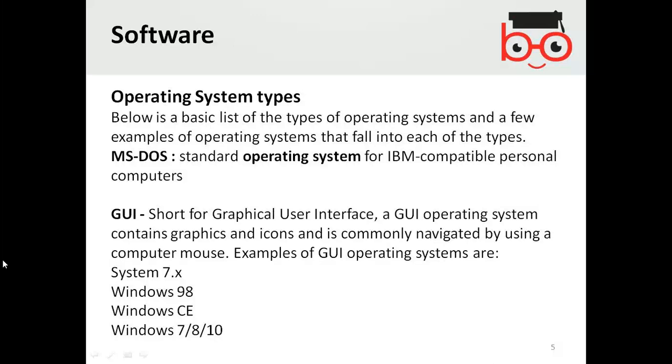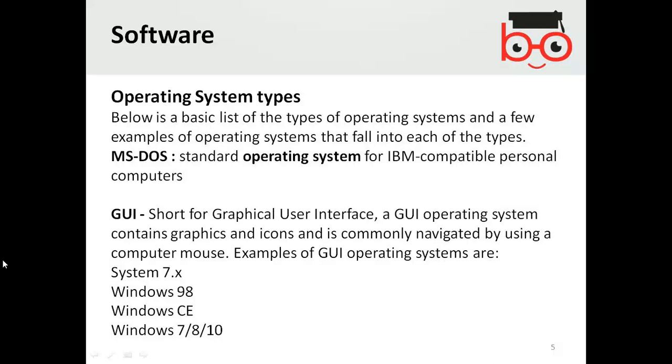Do you know what DOS is? A certain set of commands. DOS is basically the disk operating system, the Microsoft disk operating system.